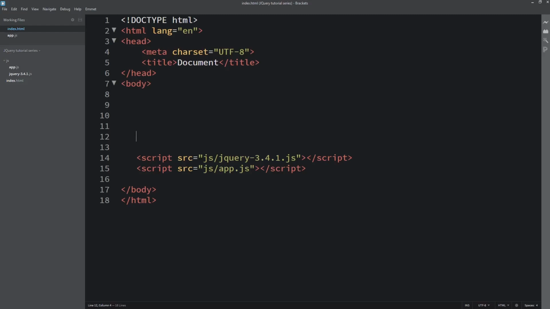It's how the browser determines which things to render out for our web page, and we can use jQuery to manipulate those elements the browser shows. We can manipulate them from our app.js file that we will create.